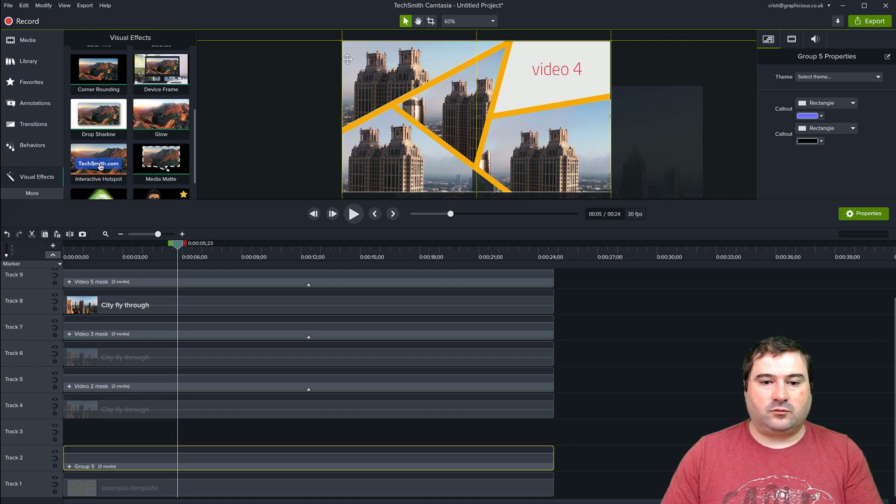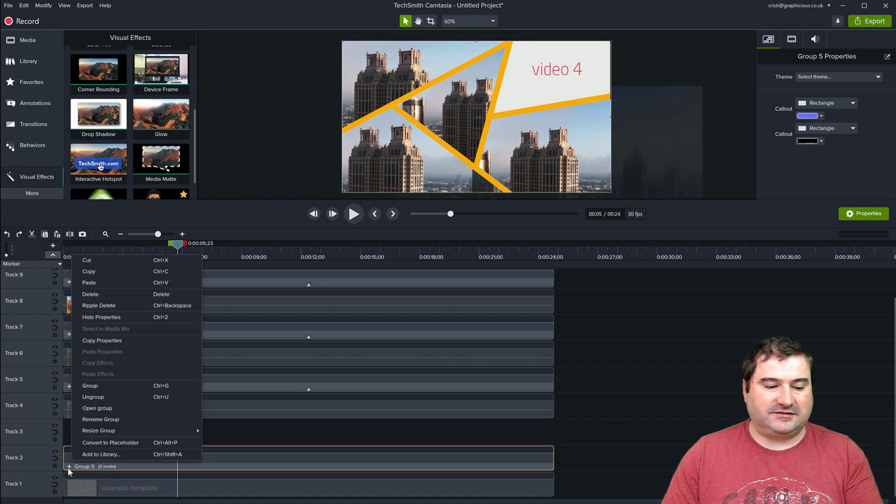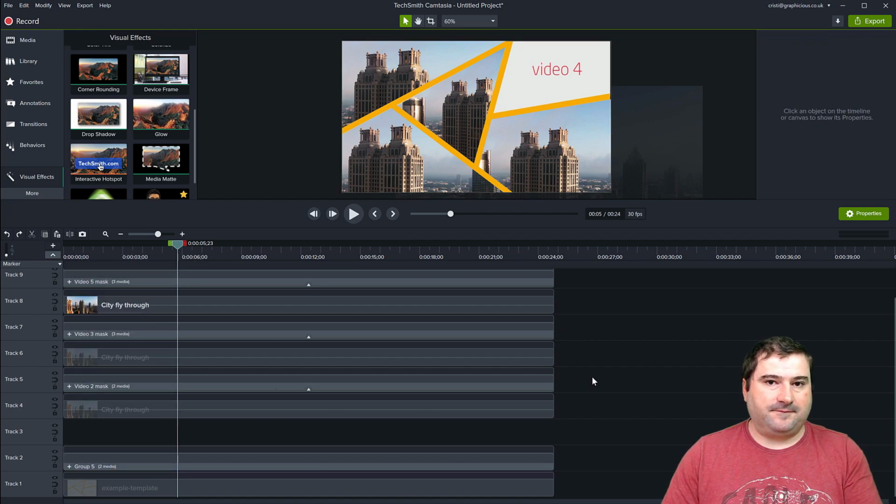So that's one way to organize things by using groups. Everything stays neat and tidy. And if you need to make changes, you just open the group using the plus sign there, and shift things around. You change opacity, whatever. You can change the positioning of the clip, and so on. So now let me just finish this with number 4.